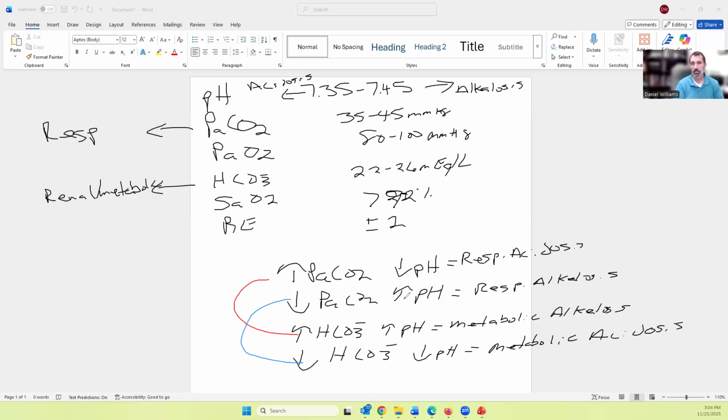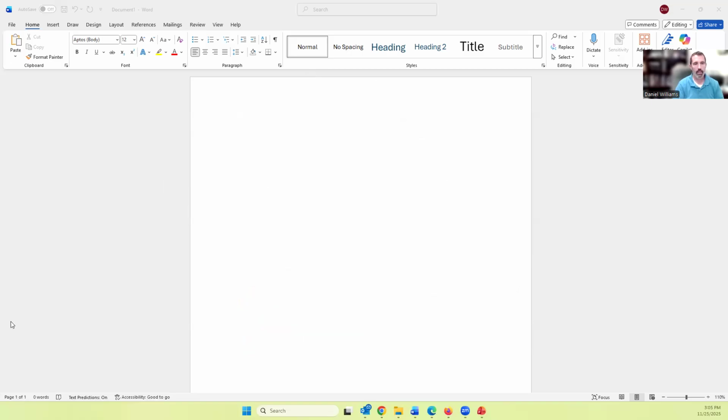But these are going to be some normals that we absolutely have to make sure that we remember and understand. So I will also clear this, and we'll just type in a few items right quickly. So I'm just going to type in a series of blood gases, and keep in mind, for the purposes of what we're doing, everything's going to be